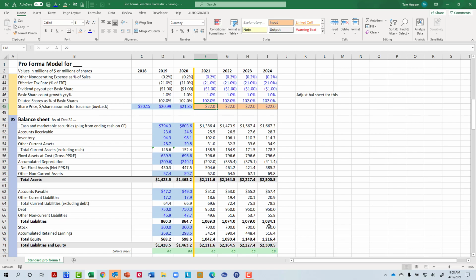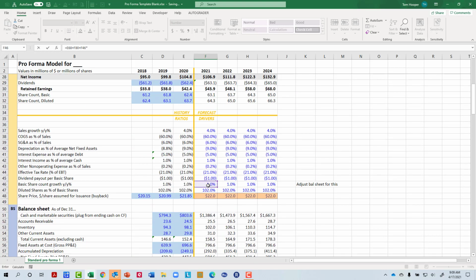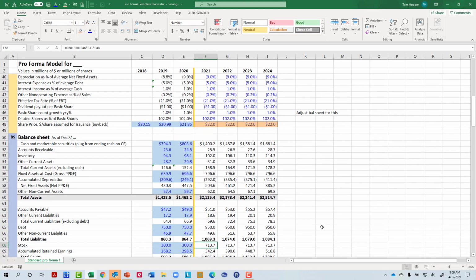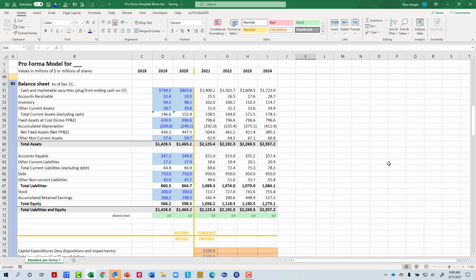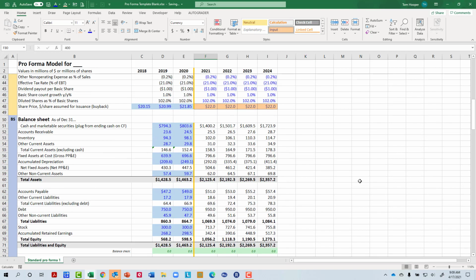Well, the stock line on the balance sheet increases not only by what we manually issued, but also by 1% of the previous year's basic share count times the dollars per share. So an extra 13, 14 million. We'll copy that forward. So now we have made that adjustment. And then how do we make this adjustment? How do we increase the share count for this 400 million? So the share count